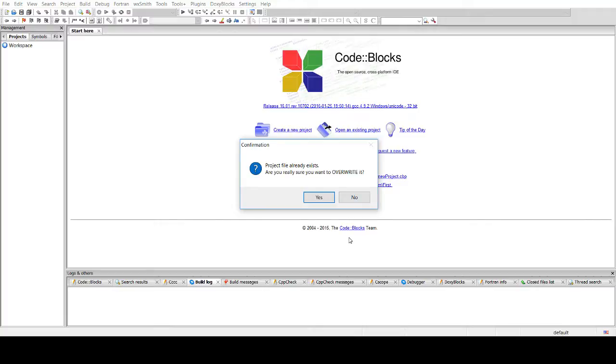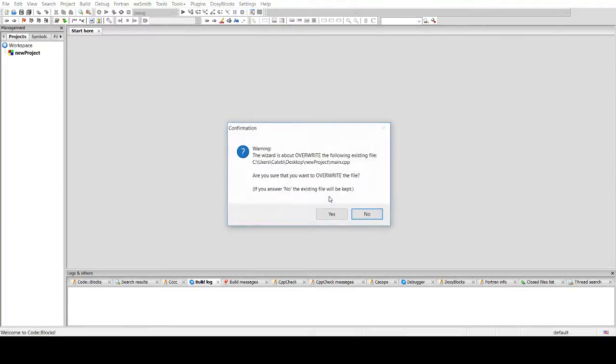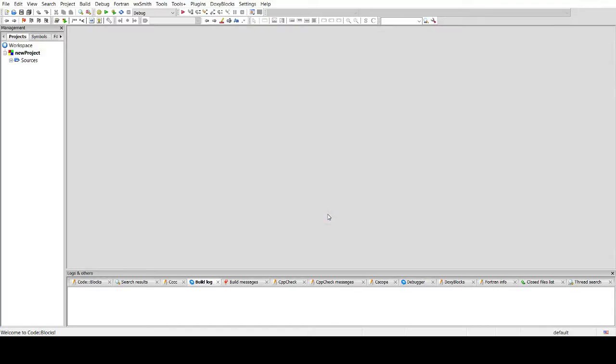Again, I apparently have a project already called new project. So yes, I do want to override it. Trust me. Anyways, it'll pop you up to this screen here where it is gray and it won't let you write anything into it, which is kind of a problem as we would like to write our code into it. But the way that you actually get to this is you come over to this left side here,